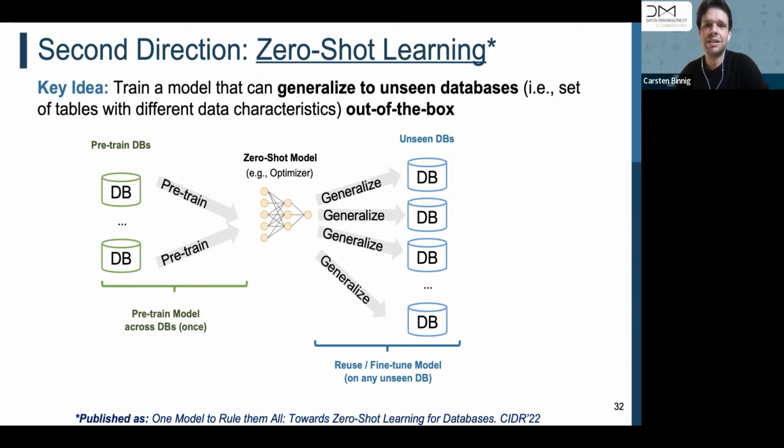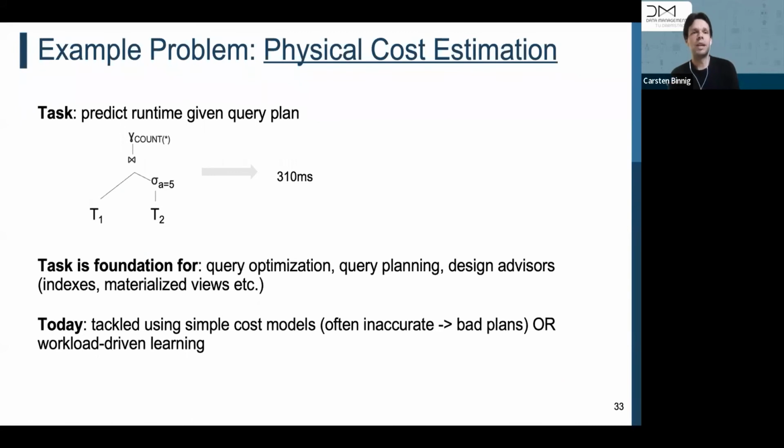It's not a simple task, and I will also argue why. Coming up with the zero-shot model architecture is not trivial. To understand a bit how zero-shot learning works, the task that we actually used at the beginning to see if it's feasible to follow that line of work or to enable this vision is